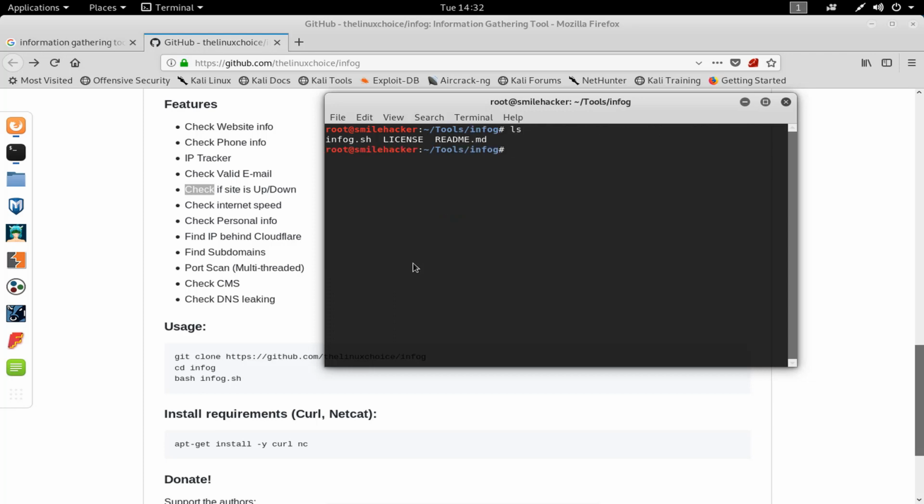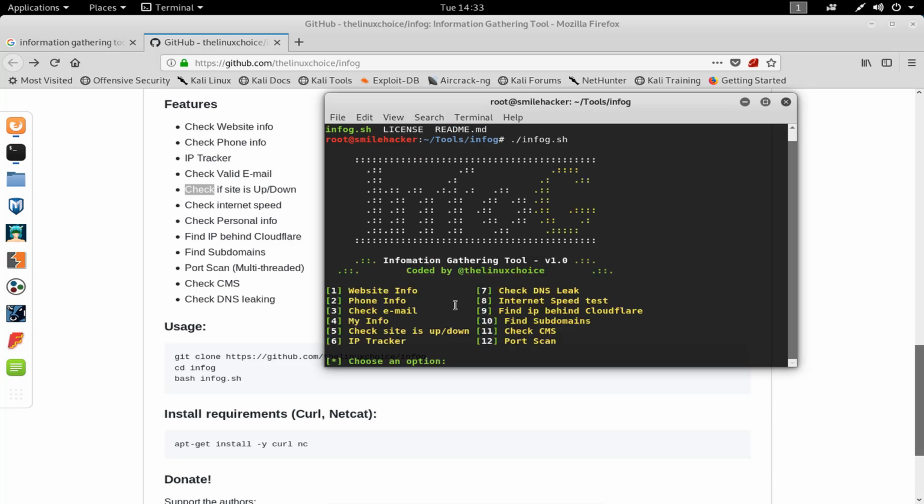So here is the info.sh. We will give it permission for execution. chmod +x info.sh. After this its color is changed because we gave it execution permission. Sorry, we will run this.